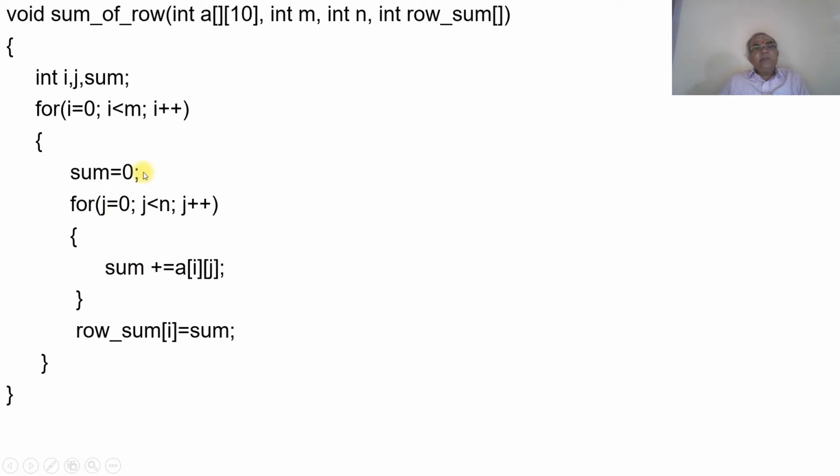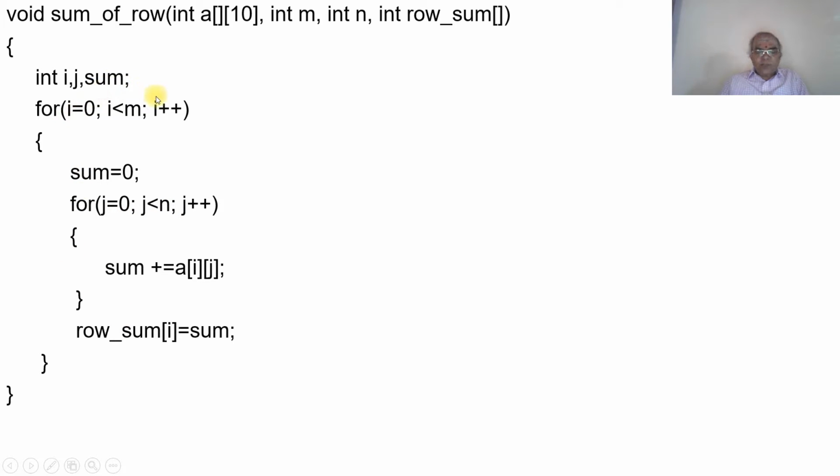then again j is equal to 1, 0 plus 1 becomes 1. Is 1 less than 3? Then the previous value of sum plus the new value, it will take the value of a10. Again it will increment, 2 is less than 3, yes, then the previous value of sum plus a12, it will read, and again it will come out of the loop because 2 plus 1 becomes 3. Is 3 less than 3? No, so it will come out of this loop, and then it comes to this,